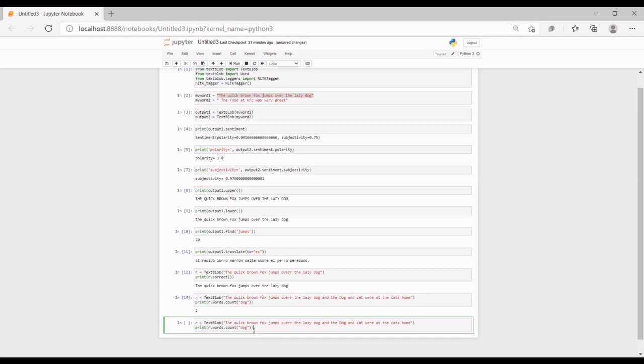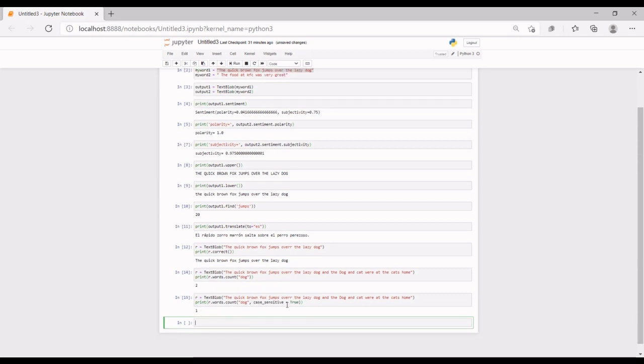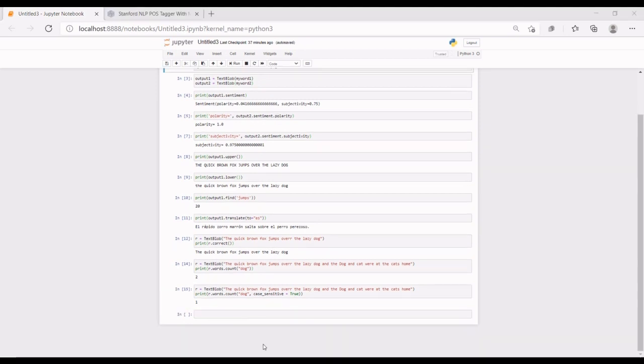To do that, I'm going to put a comma, and I'm going to do case underscore sensitive equals true. Then let's run it and see the output. Because we have case sensitive set to true, you could see it didn't count this; it counted only this. Okay, so now